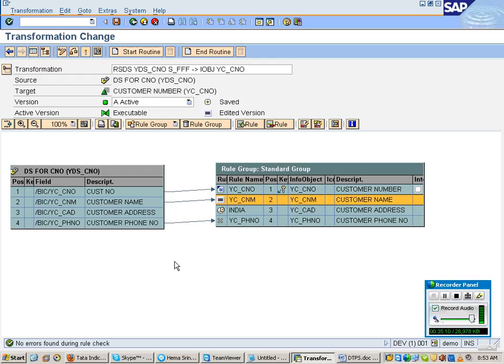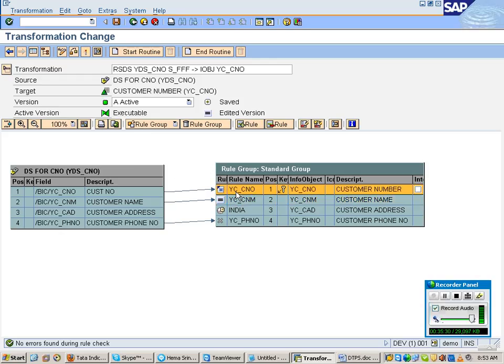So the face-to-face person is asking me, suppose I have 100 records in my source, but for 50 records you want to apply a constant, and for another 50 records you want to apply another constant value. That is your question. Then you will be using a concept called rule groups.